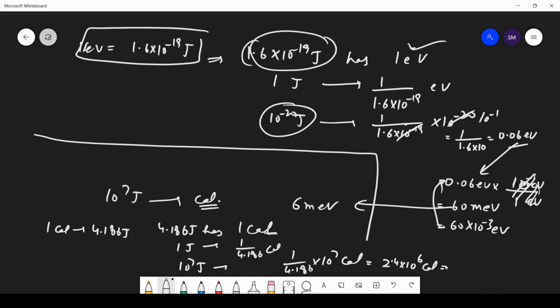And you can write it in the form of kilocalories also. So how to change it into kilocalories? So write it like this, okay, and 2.4 into 10³. So 10³ means kilo, okay. So simply write it as kilocalorie, and that is equal to 2400 kilocalories. So it means